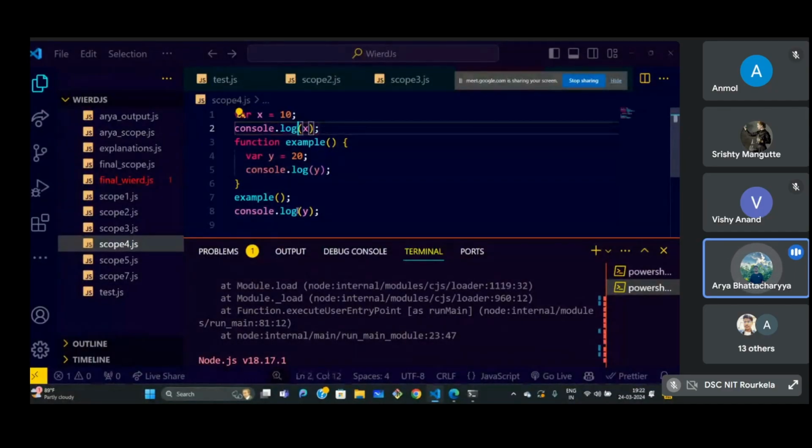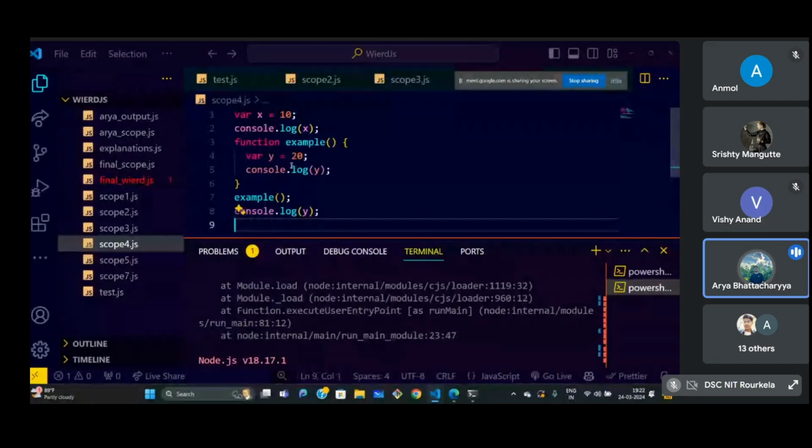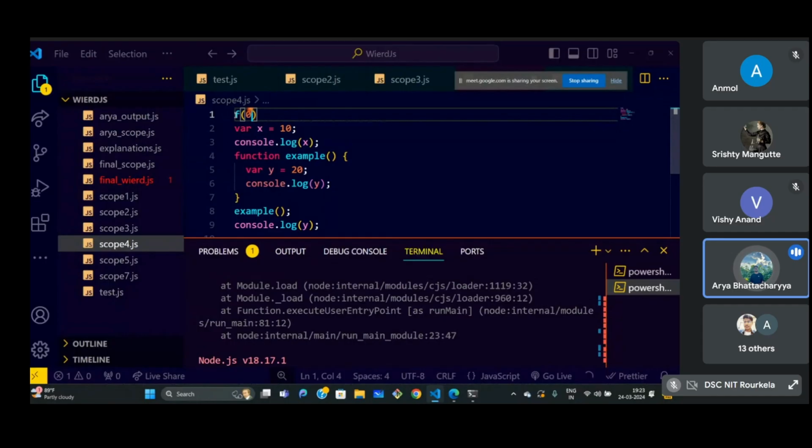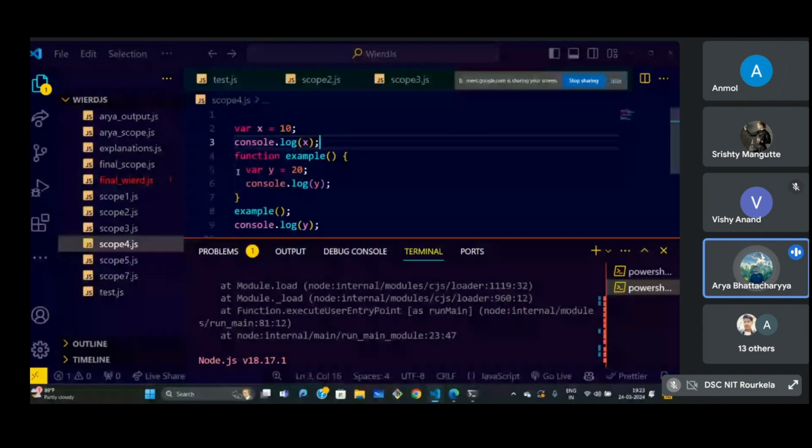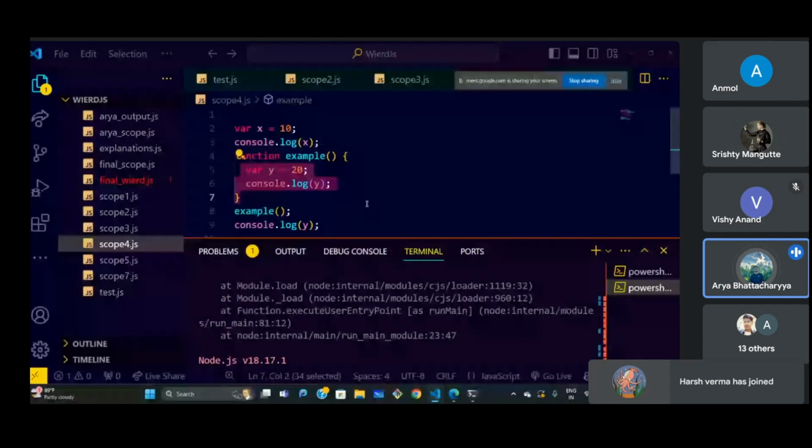So whether I console x here or there, it doesn't matter. But y is only defined within this, so y is scoped inside it, and we cannot use y outside of the function. Look, this is the same as having a function over here. I could have created the same function here, this thing could have been wrapped within a function. So the function being there or not is the very same thing. I am using x globally, because when I do console.log x, it accesses x globally. But when it is inside the function, it is enclosed within the function. This is function scoped, so this will always return 20 within the function. But when I come outside, this would return not defined.